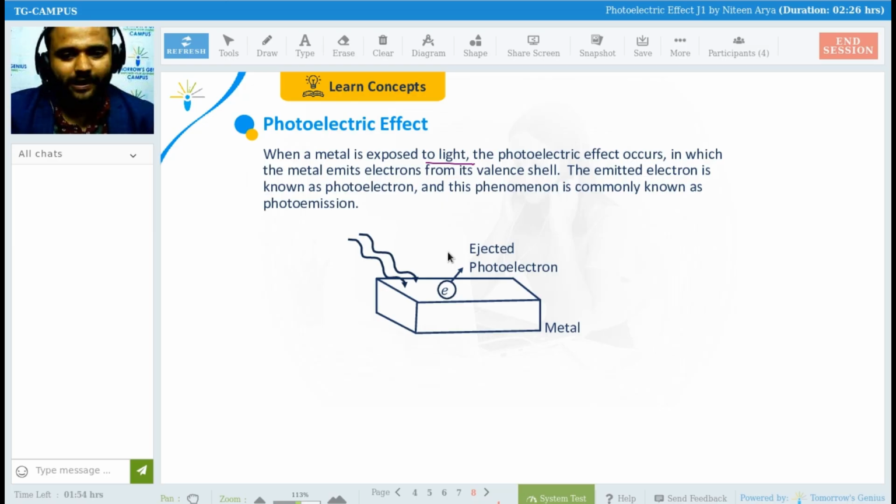When a metal is exposed to light, the photoelectric effect occurs, in which the metal emits an electron from its valence shell. We already discussed what a valence shell is. The emitted electron is known as a photoelectron. Why is it known as a photoelectron? Because we know radiations, and the quantum of radiation is a photon, right? So you can see that